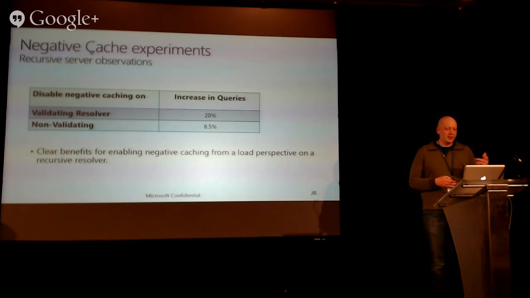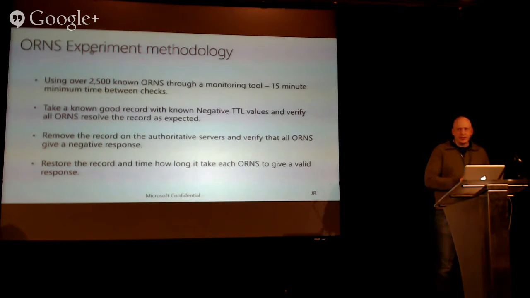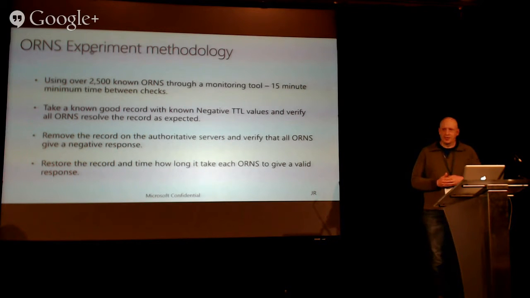For the validating resolver, we saw about a 20% increase when we turned off negative caching, and on our internal resolvers, we saw about an 8.5% increase. So definitely clear benefits. The bigger test that we did was against a set of about